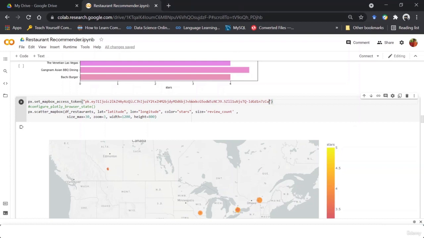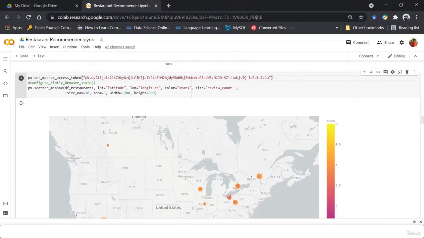Now let me give you a brief about the set Mapbox access token function and the scatter Mapbox function. It is pretty clear that set Mapbox access token is just going to take the default token, or any token that you have provided, and works as an authenticator so that you can use the Mapbox library and its features.